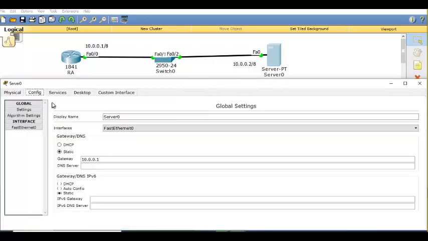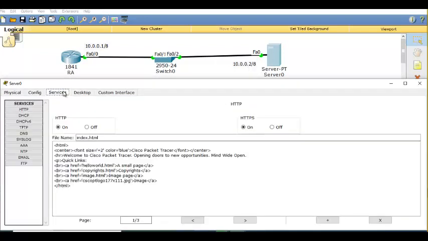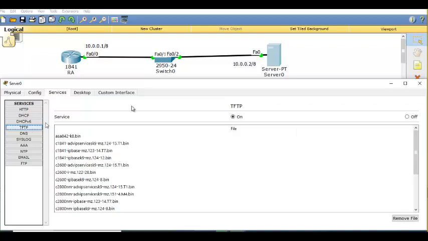You see, in the server, when you click on services, you see the TFTP here? Yes, sir. Trivial File Transfer Protocol, see, it is on. It should be running. In the real world also, same thing. In the server, you need to download the TFTP software from Google. It is freely available, and you need to double click and run it. So now TFTP is running.